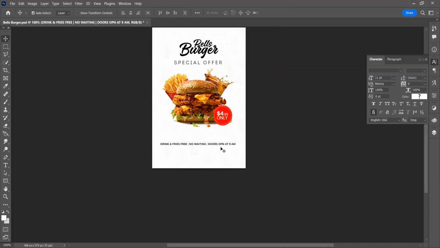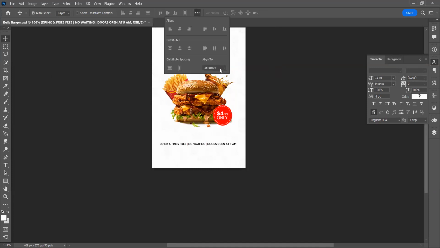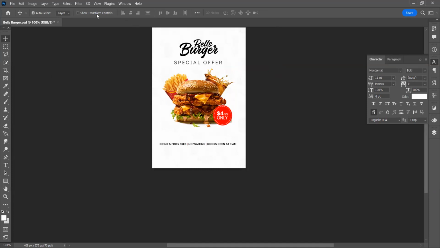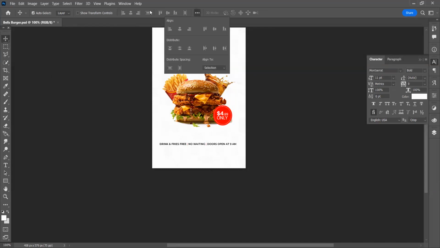Do we see it now? It makes more sense. Okay, the open is not complete. Open at what? 9 a.m. Right? So we are cool. Now if you want to be sure that it's at the center, go to transform controls, this place that you are seeing here. Alignment here is alignment of objects, not text.